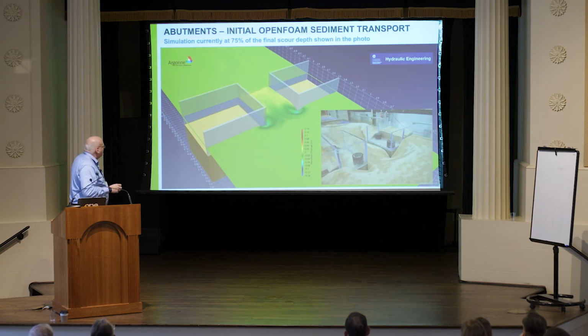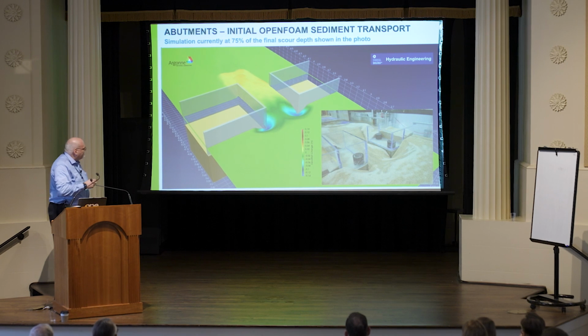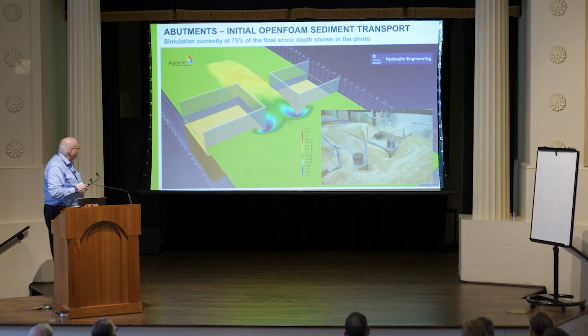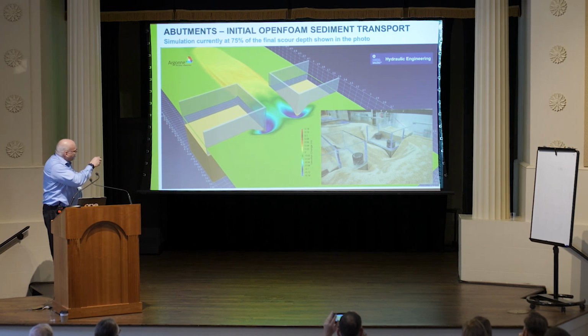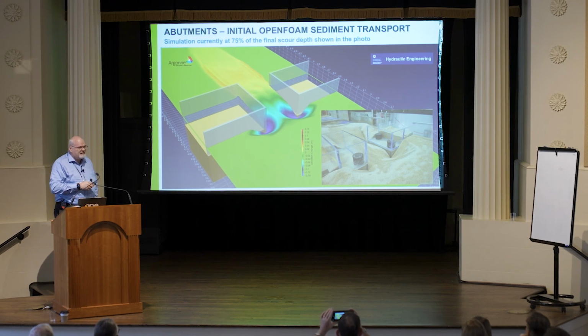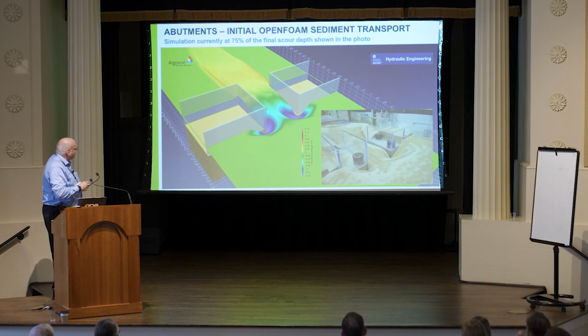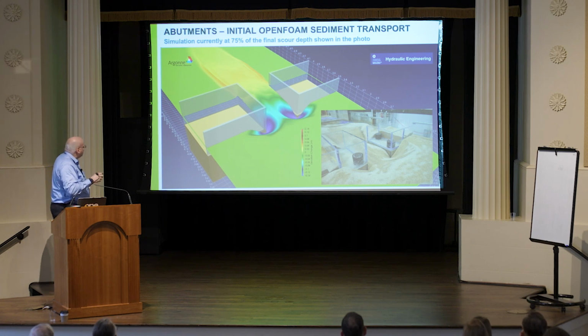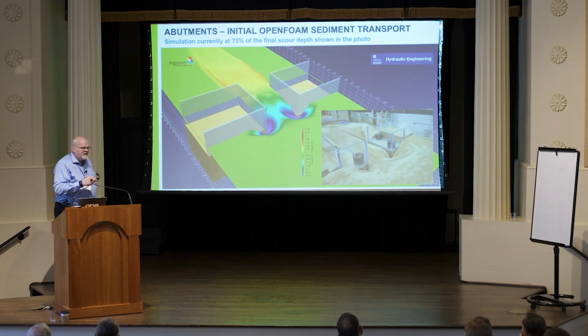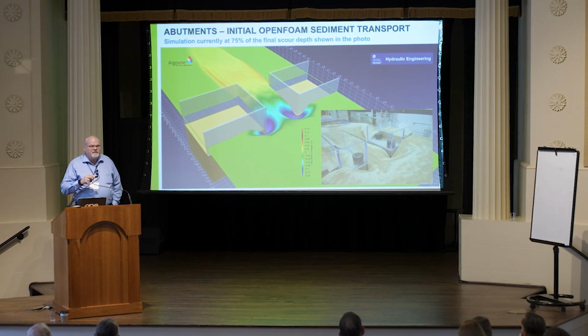We have one more. And this is an arrangement in the flume that Cornell ran in the lab. So here you have a 6-foot flume, and you have these 2 blocks. I think the opening between the blocks is about 18 inches, so it's less than a third of the overall flume width. So what you get is a very high acceleration of the flow into this. You also get a whole bunch of eddies and things like that. And maybe this is one of the slides where we can also explain some of the things that we have to look into in the future.